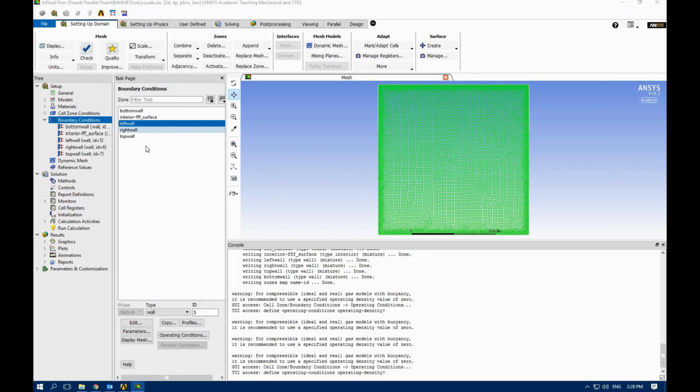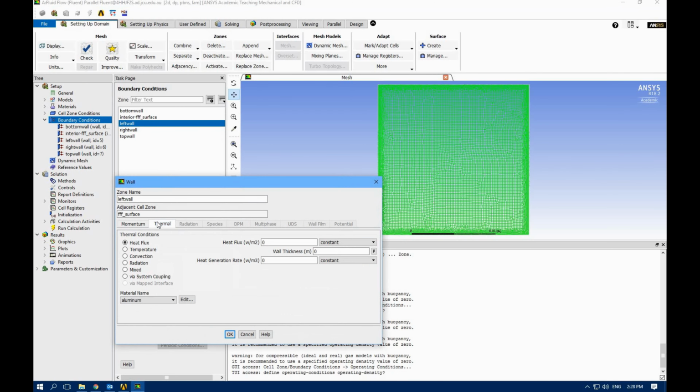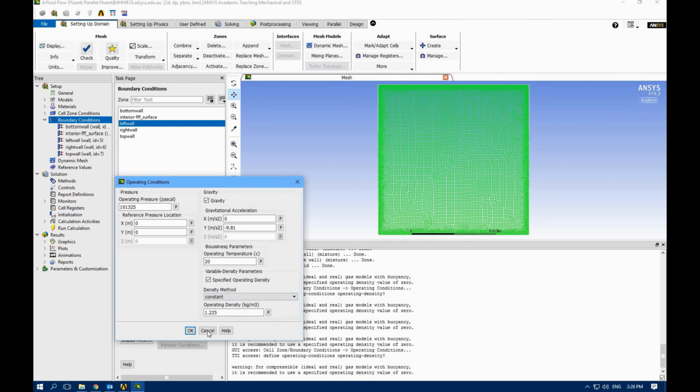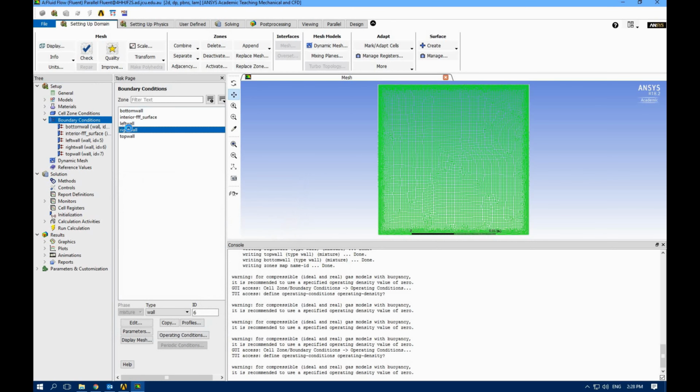For the left wall, let's select, because it is supposed to be an isothermal wall, and an isothermal wall is the wall with constant temperature. I'm selecting thermal condition as a temperature, and let's go with 30 degree. This thickness, and the material is aluminum. So left wall is going to be 30 degree. What was the operating condition? Okay, 20 degree. And right wall